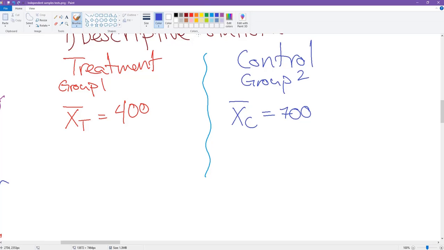And so, cheers. Now what we have to do is continue making these descriptive statistics for each group. We need to calculate possibly things like the median. We need to calculate things like the mode. But one of the most important things that we're going to need to calculate for both of these groups is the standard deviation and the variance. And that's because when it comes to independent samples designs, how we get something called degrees of freedom, which is en route to how we make a decision, depends on whether or not we have homogeneity of variance, where we have the same amounts of variance in both of our groups, or